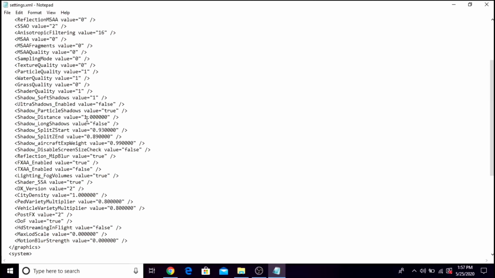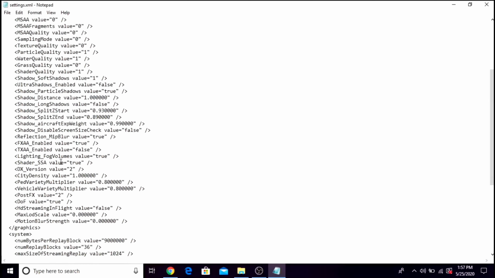Shadow particle shadow value should be set to true. Shadow long shadows value should be set to false. Shadow distance value should be set to 1. Shadow split Z start value should be 0.93. Shadow split Z end value should be 0.89.